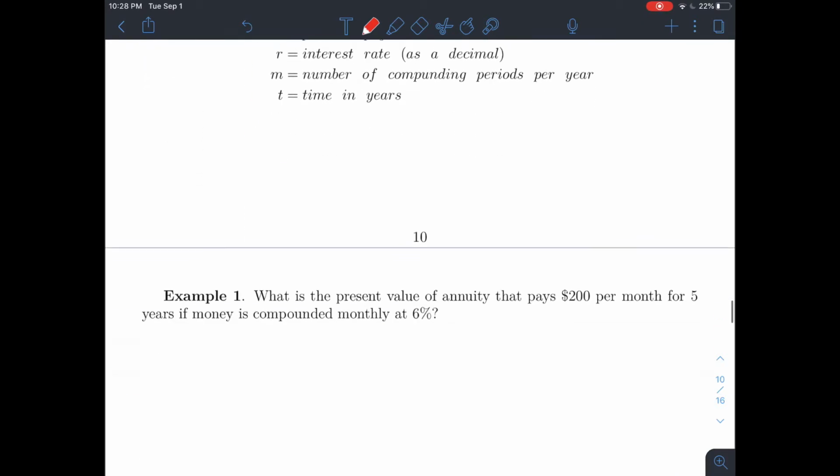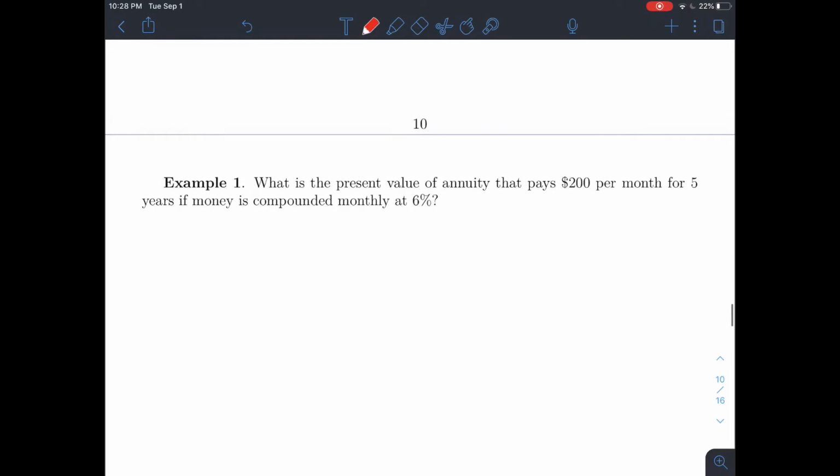Okay, let's look at our first example. What is the present value of an annuity? So when you see that, I can't be any more obvious of what kind of problem this is. When it says what is the present value of an annuity, right away you know you have a PV problem. So first step, as always, write out your formula. PV equals